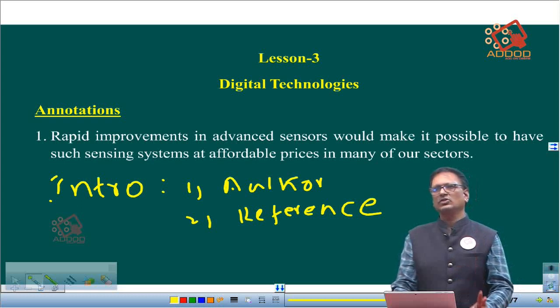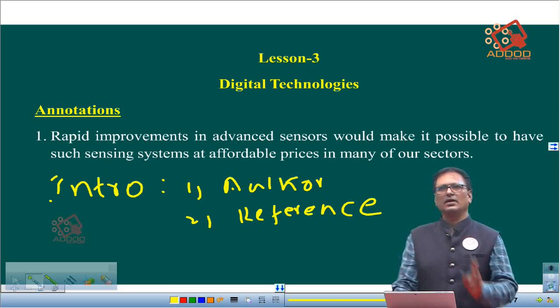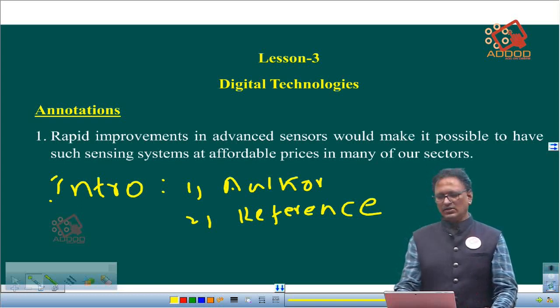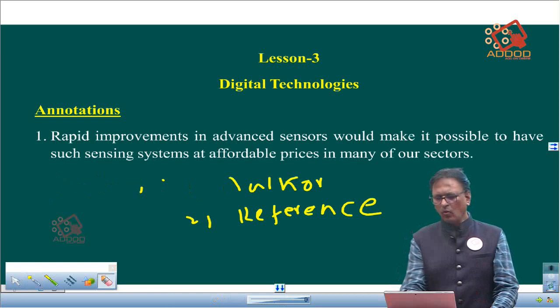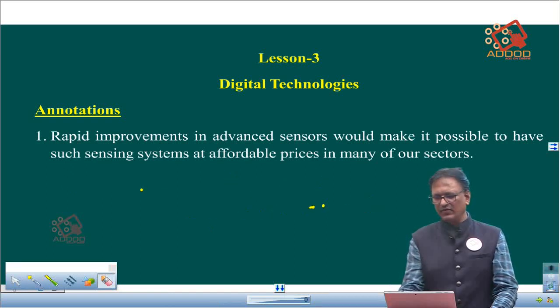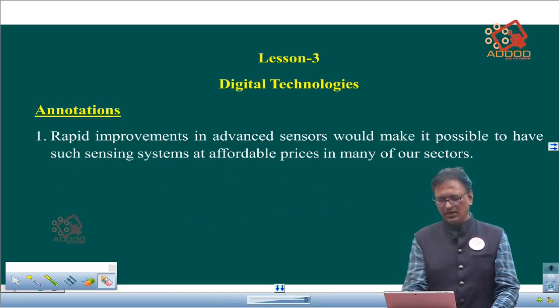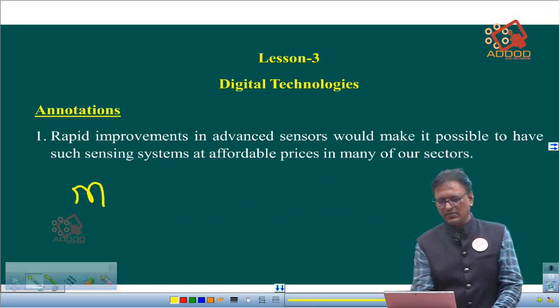First section is with the subheading introduction, that I have shown to you now, and the second one is meaning. So what is meaning here, which you have to understand? Meaning here is what is the actual meaning of the given annotation. That is the meaning you are going to write. So the second subheading is meaning.